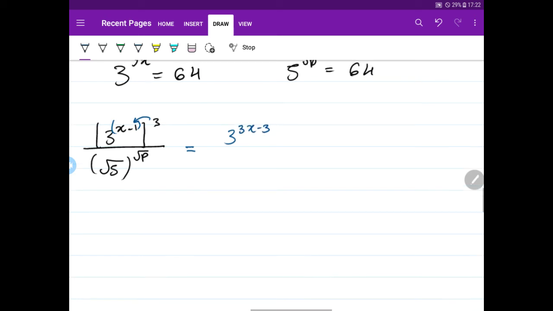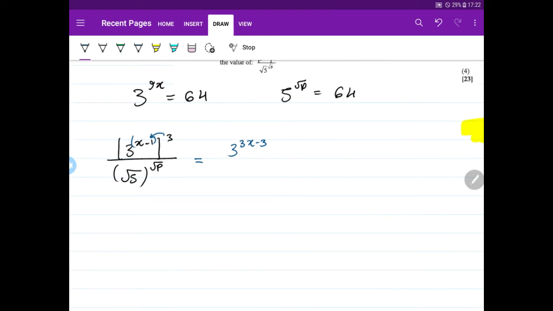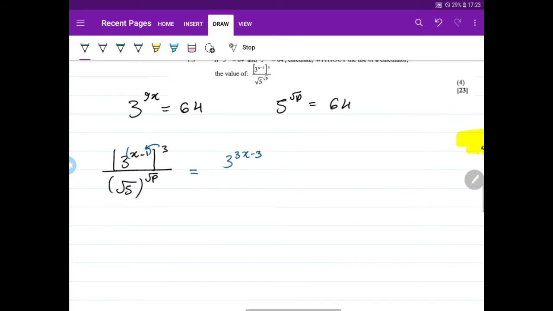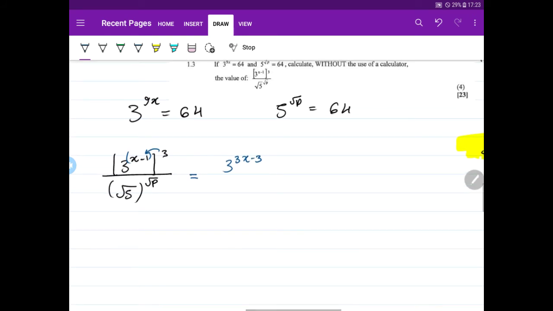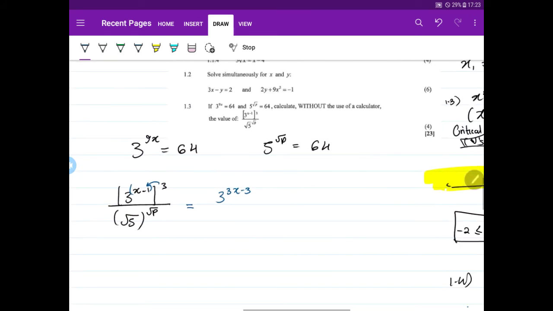You know, our exponent laws. What I'm saying is, it's not that you must know the law, I'm just saying it's something to do. Instead of just looking at it and thinking, oh no, I don't know what's coming next, how on earth am I going to calculate the value of this? It's only letters. What's square root p? Oh my god, they gave me this. It's not the same thing. How is it going to work? Instead of thinking ahead,